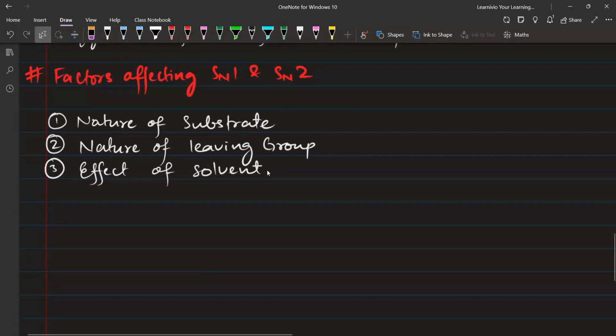So these are the three things that we are going to look. सबसे पहले आप लोग डालिएगा हेडिंग नेचर ऑफ सबस्ट्रेट।